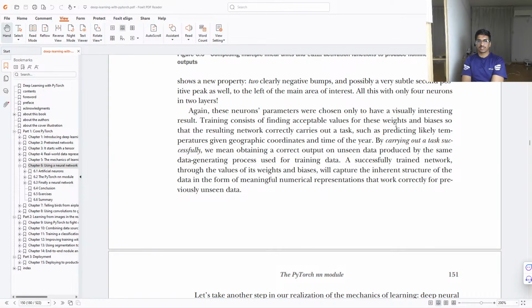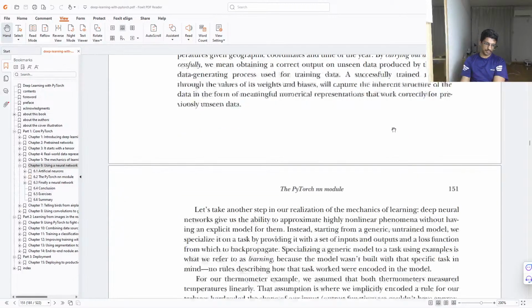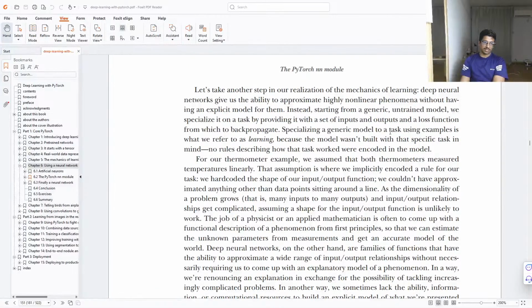A successfully trained network, through the values of its weights and bias, will capture the inherent structure of the data in the form of meaningful numerical representations that work correctly for previously unseen data. Okay,